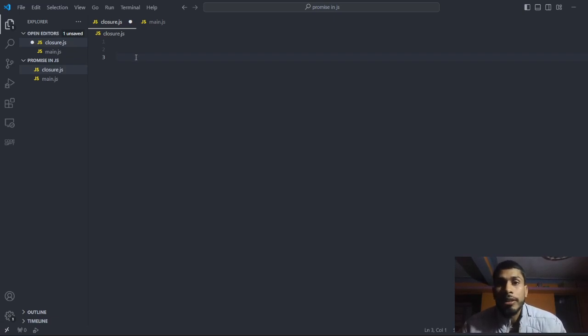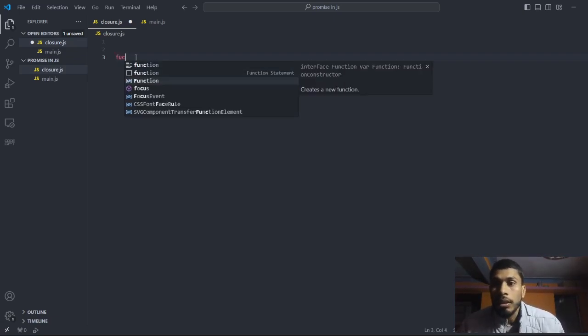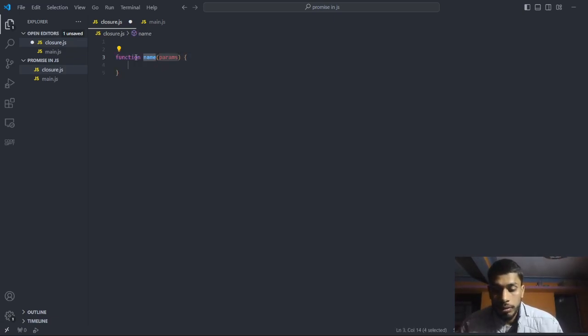How can I visualize this thing? For that purpose, let me create a function named closure, and let me create a variable inside that closure function, right? So we can say that data is equal to hello viewer, right?